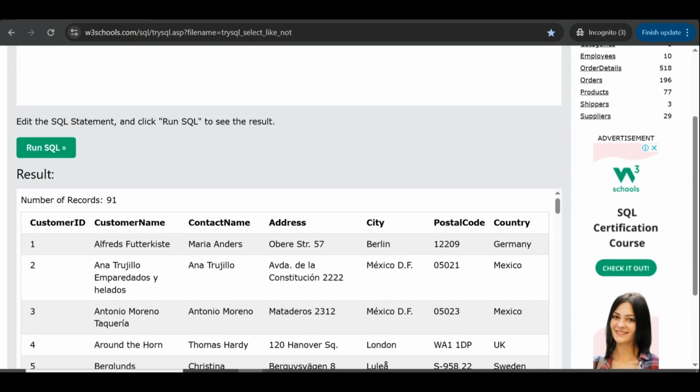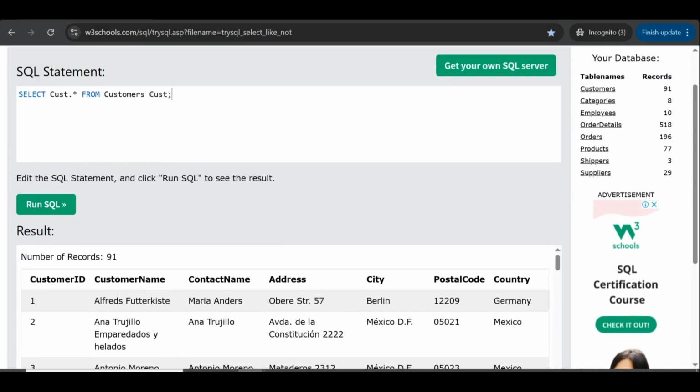And this is the value. Okay, that is an example of an alias for a table.